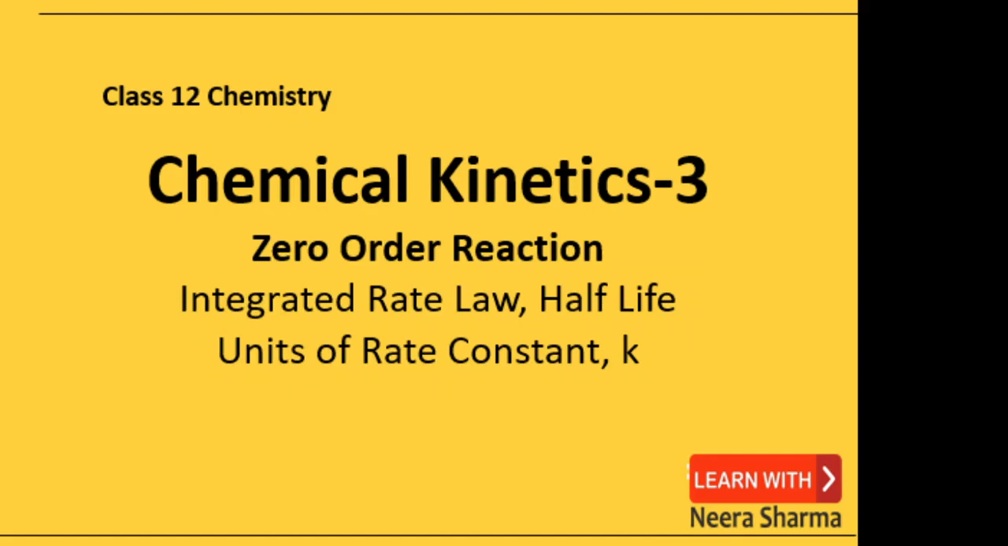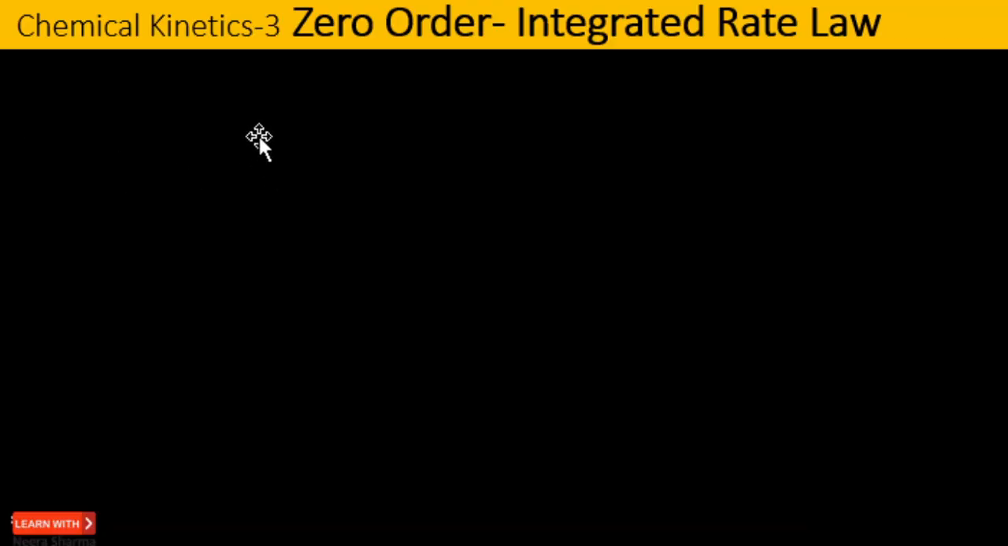In this module, Chemical Kinetics 3, we would be learning about the integrated rate law, half-life of a zero-order reaction, and also understanding how to calculate the units of rate constant. Now, if we take a zero-order reaction, A giving B, A is giving B. As this is a zero order reaction, rate of this reaction